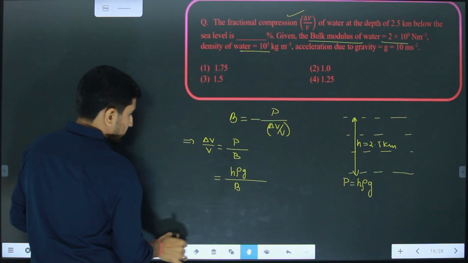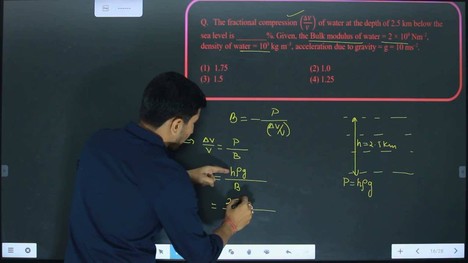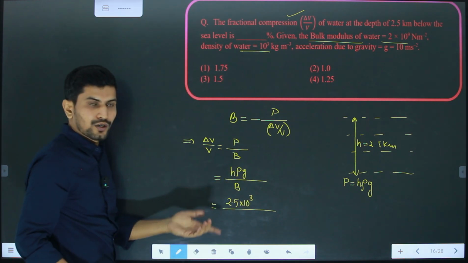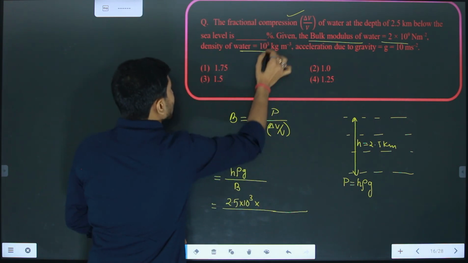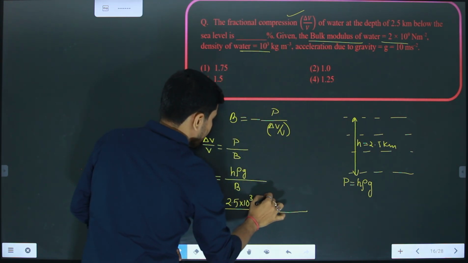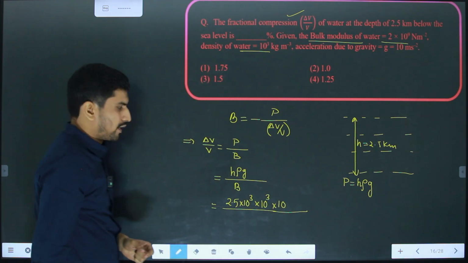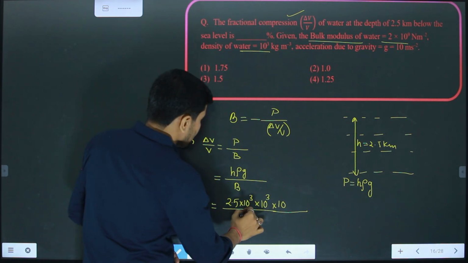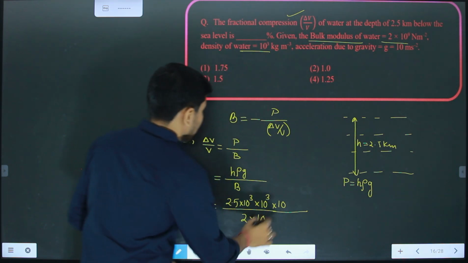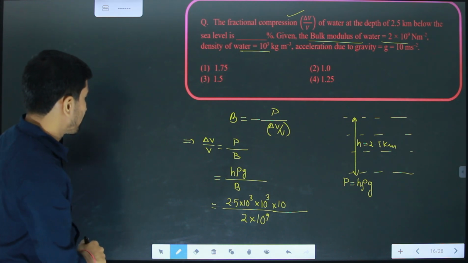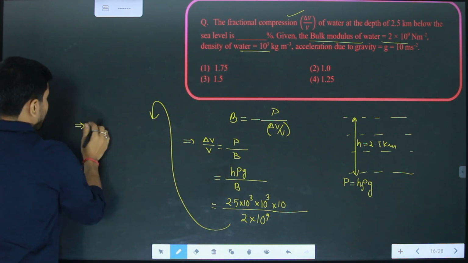Now let's put the value in SI unit. The depth will be equal to 2.5 into 10 power 3, okay, 2.5 kilometer. So I convert this into meter. The density in SI unit is given by 10 power 3 kilogram per meter cube, and the acceleration due to gravity is 10. What is the bulk modulus of elasticity? The bulk modulus of elasticity is 2 divided by 10 power 9, okay. Therefore, if I continue the calculation here, so this will be